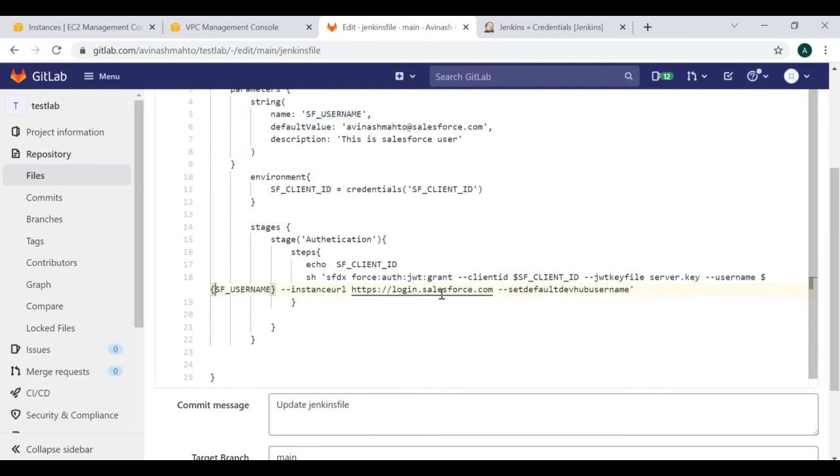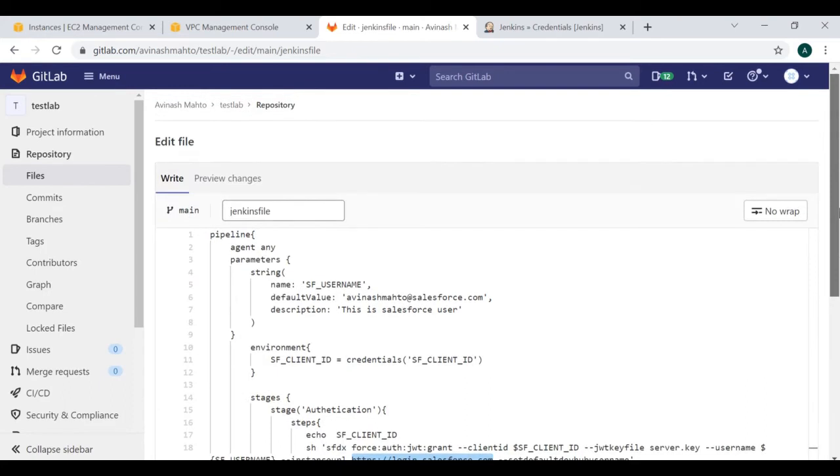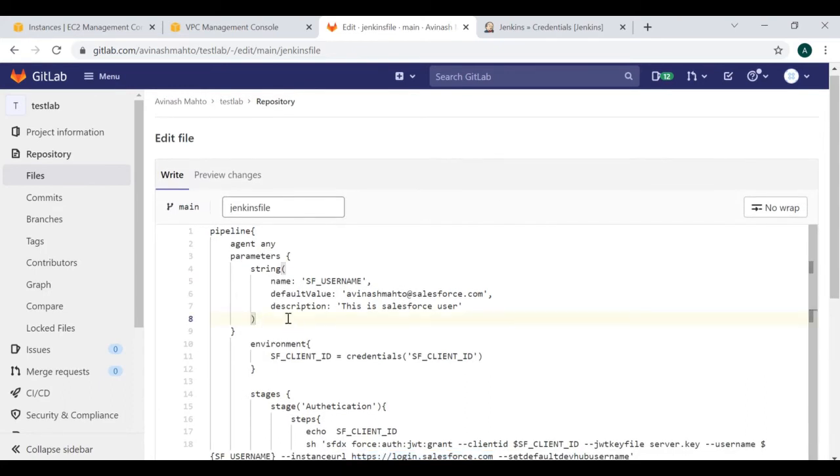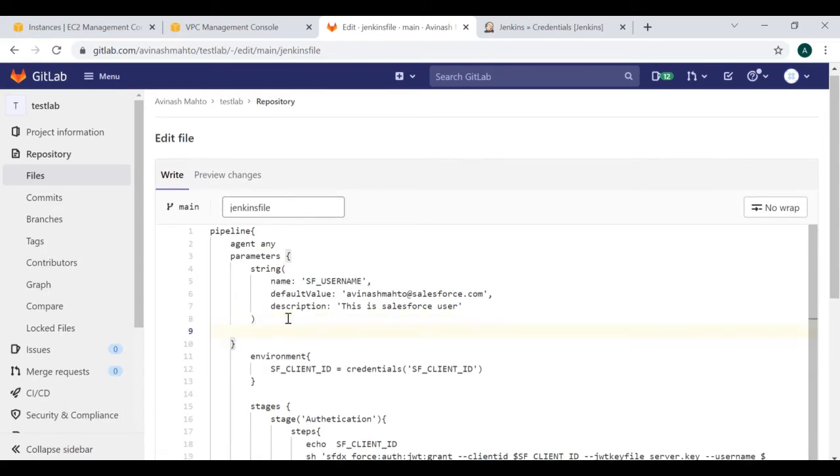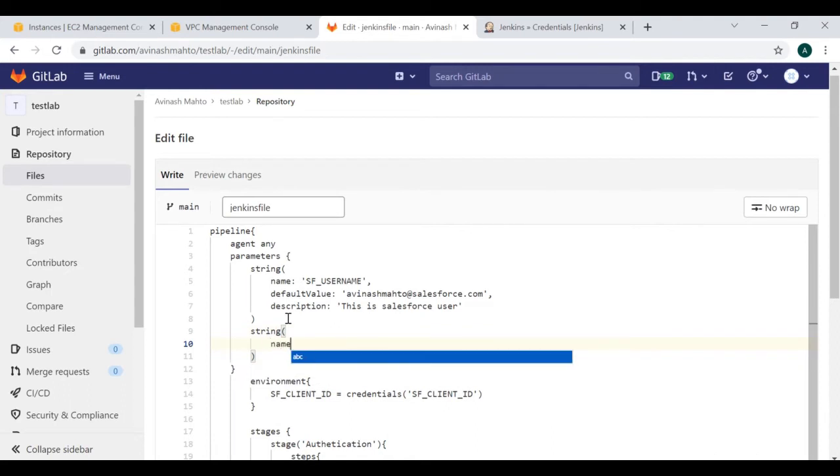And in the same way, let's suppose that you don't want to give this URL directly, you don't want to hard code it. So how can you write it down? You can define another string parameter here. You can give a name, and let's say you can call it instance URL.